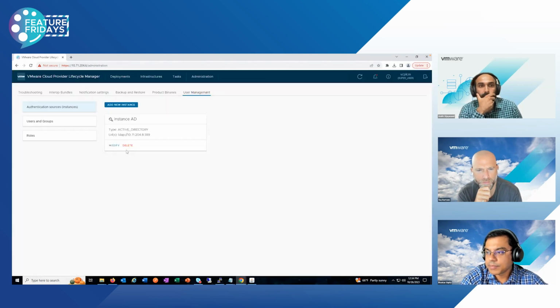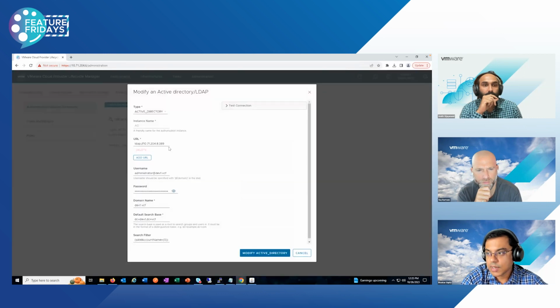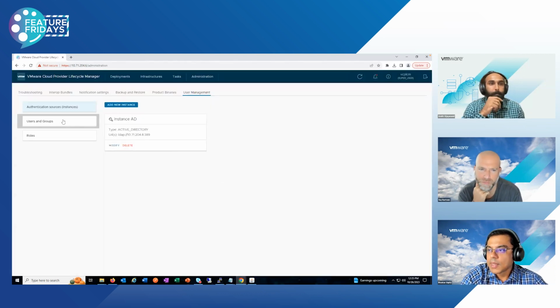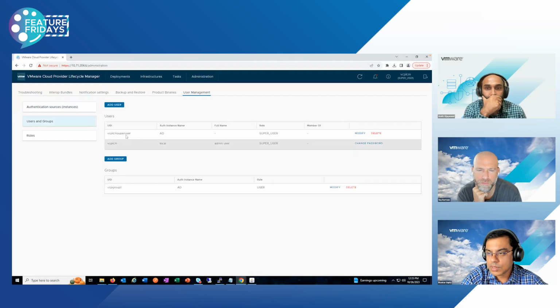And here you can delete, configure, and modify as well. The best part is you can do a test connection using the username and password and validate the existing ones. And once you have the instance configured here, you can go to the users